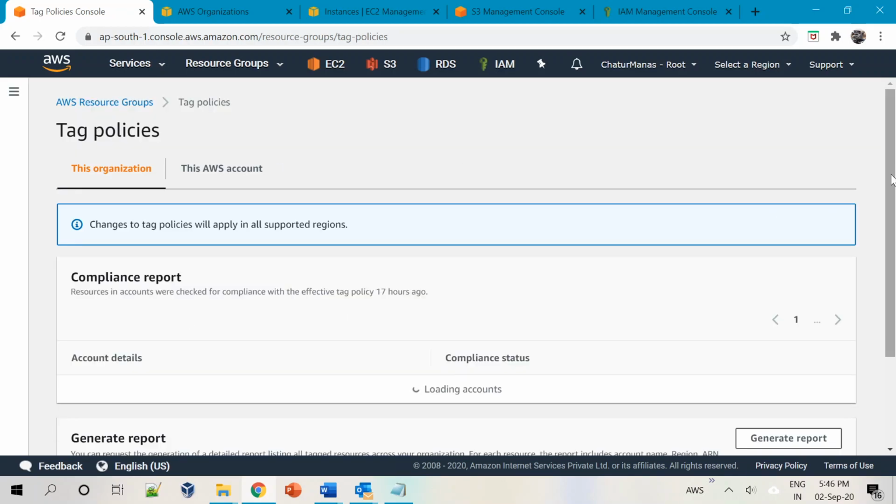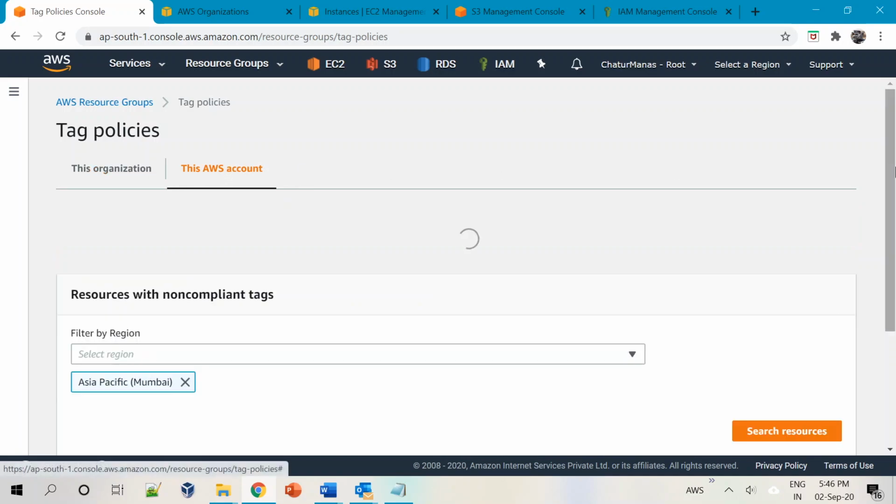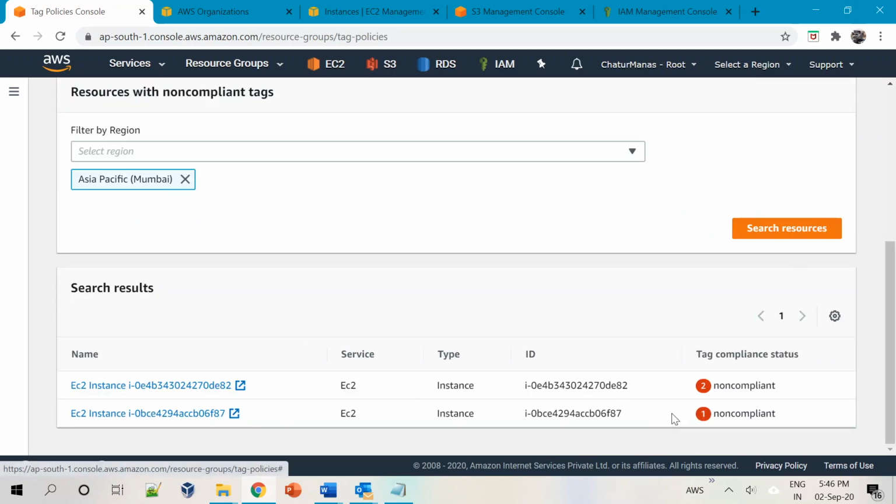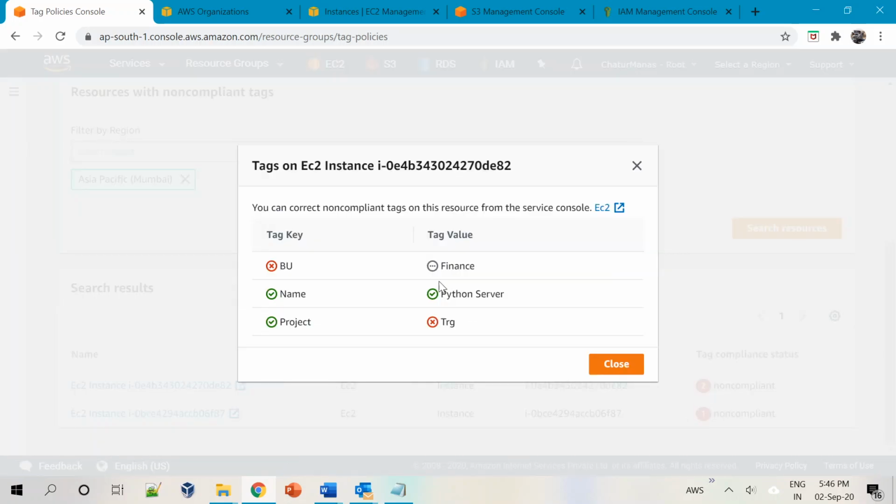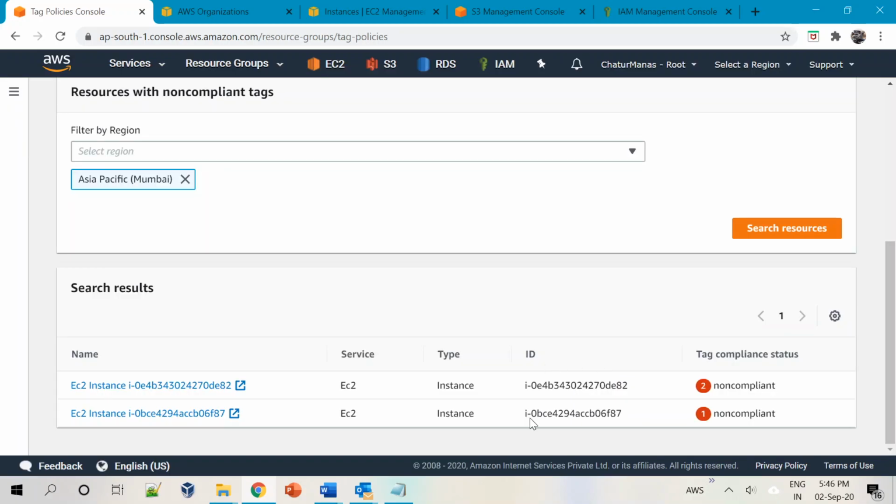Sometimes this refresh works, otherwise you'll have to wait for a couple of minutes. There we go. For this instance, you can see that it is now turned to 2. So the BU is no more non-compliant, it is part of finance now, whereas project is TRG, which is wrong.